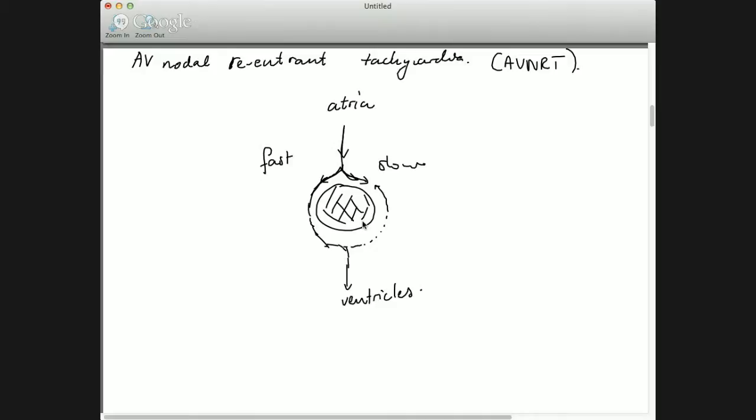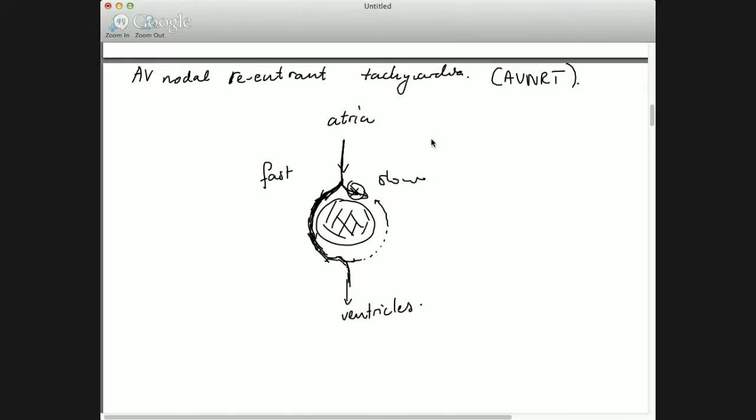If in between that time an ectopic beat comes along, what can happen is, well, if one section has repolarized and the other section hasn't repolarized, then, for example, your action potential is going to go only in one direction. So you've blocked this pathway effectively. So when that happens, your action potential goes along like this, and down. Now, by the time it arrives here,